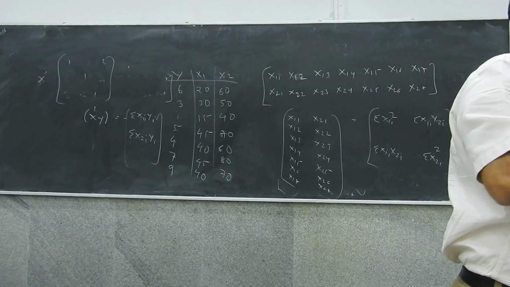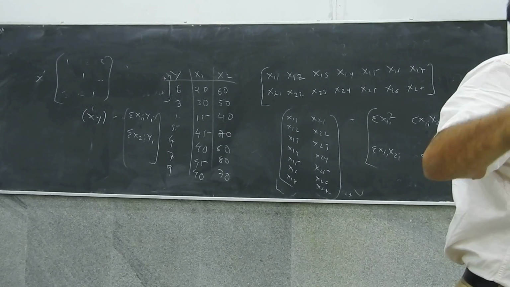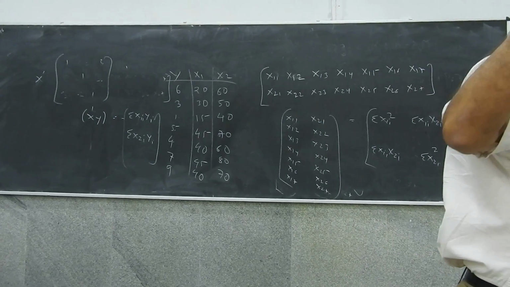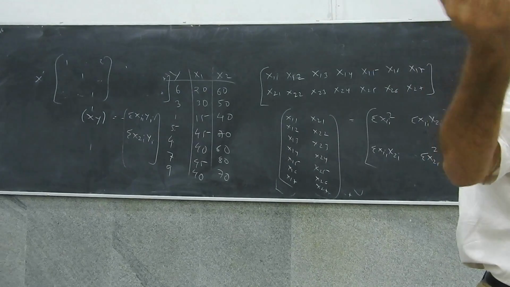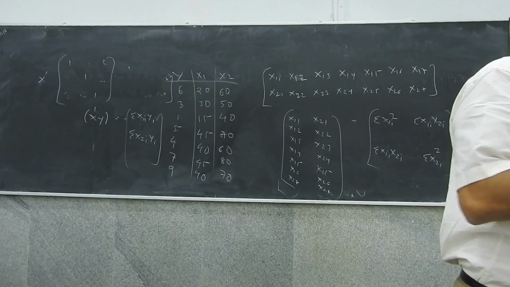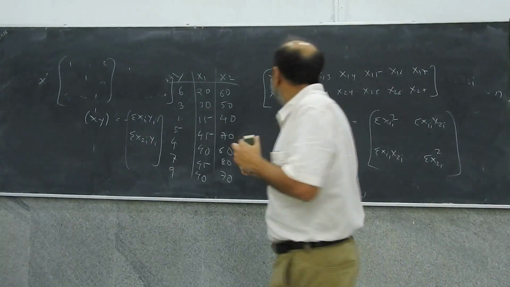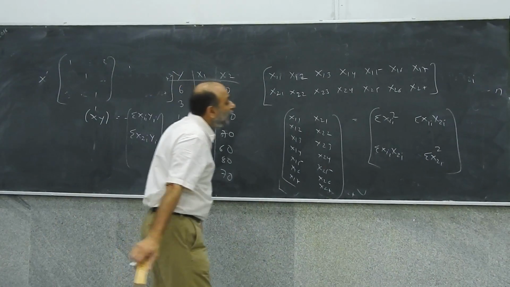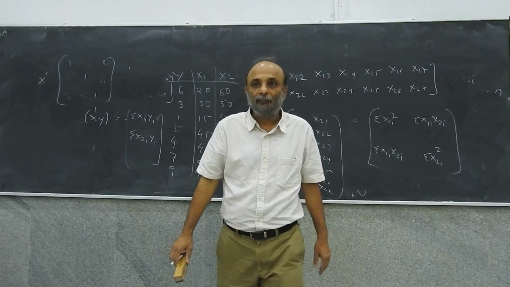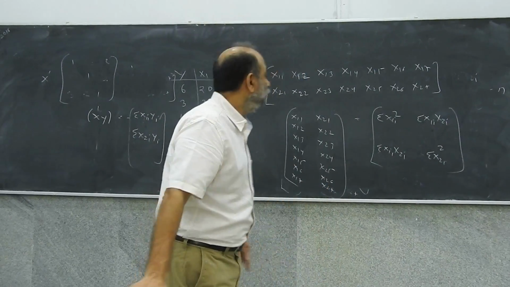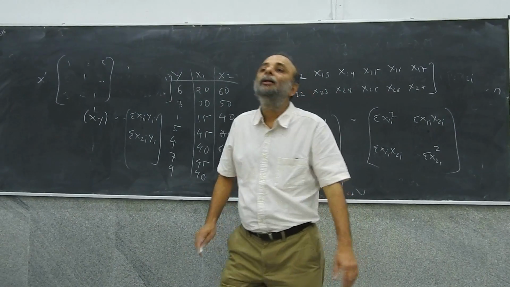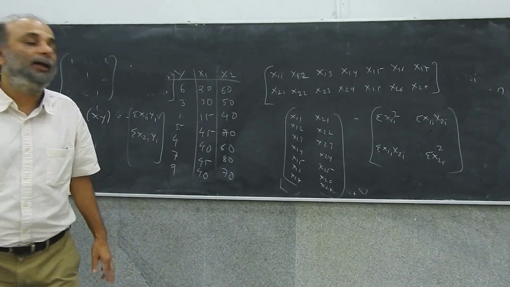First row, second column is the same as the second row, first column. First row, third column is the same as the third row, first column. 12th row, 15th column must be the same as the 15th row, 12th column. These matrices are called symmetric matrices. So please remember, therefore, that x dash x is also always a symmetric matrix, because you see that this and this are the same.